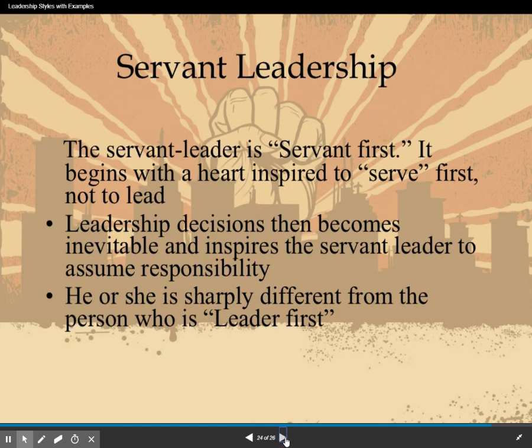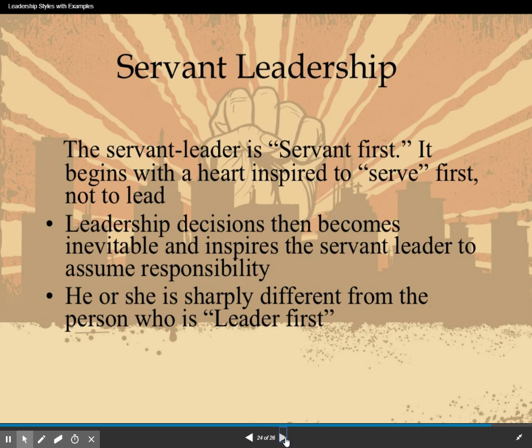There is servant leadership. So a servant leadership means that they serve others first. We're going to make sure that the people in our group get what they need before we take care of our own needs. Usually they are very inspirational leaders. Servant leaders are generally inspirational leaders. They lead by example, but they want to make sure that the people in their group feel respected, they feel appreciated, and they want to make sure that you get what you need.